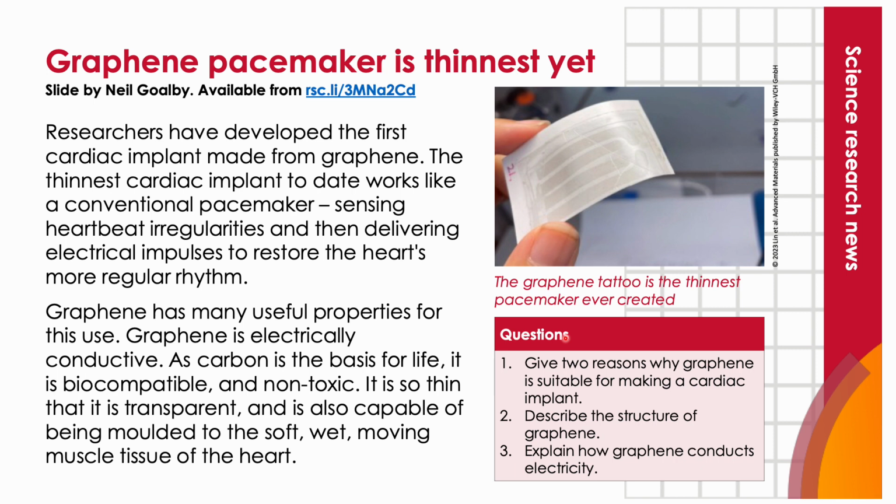So pause the slide and have a go at answering these 3 questions just to check your understanding of giant covalent compounds. Question 1 says, give 2 reasons why graphene is suitable for making a cardiac implant. Well, graphene is 1 layer thin, so it's extremely thin, which allows it to be moulded to the heart, to the muscle tissue, and it's also a conductor of electricity because we've got delocalized electrons which can move throughout